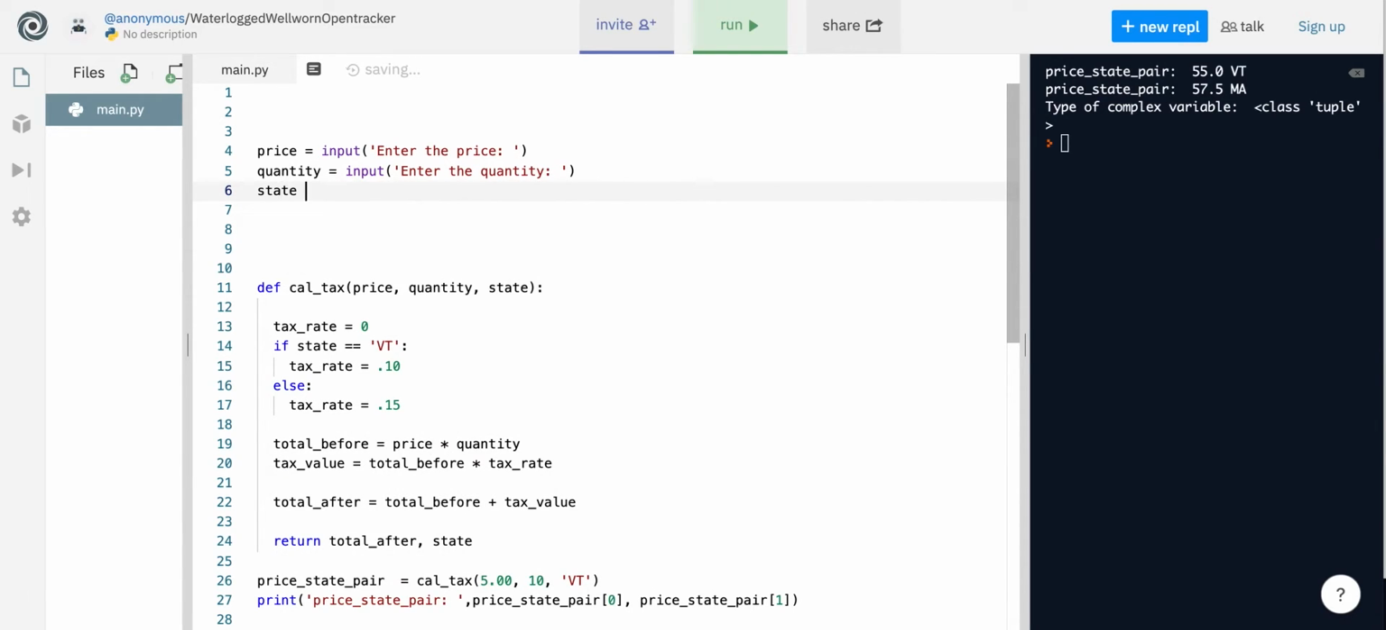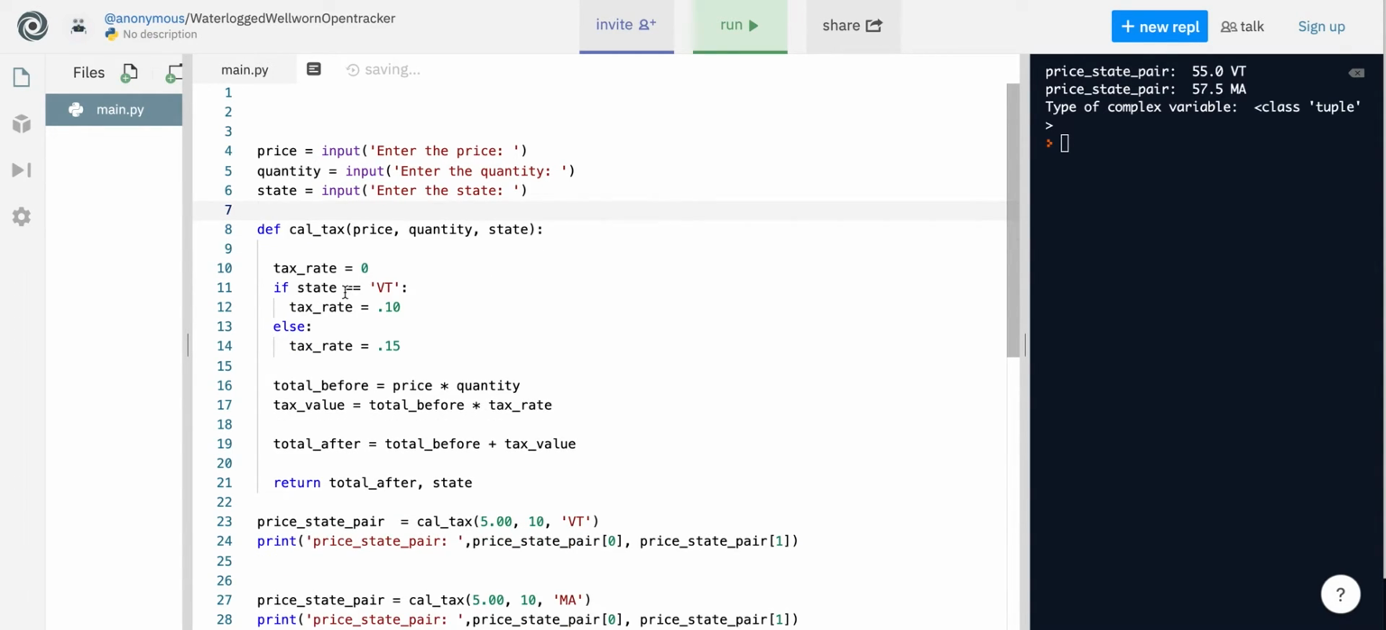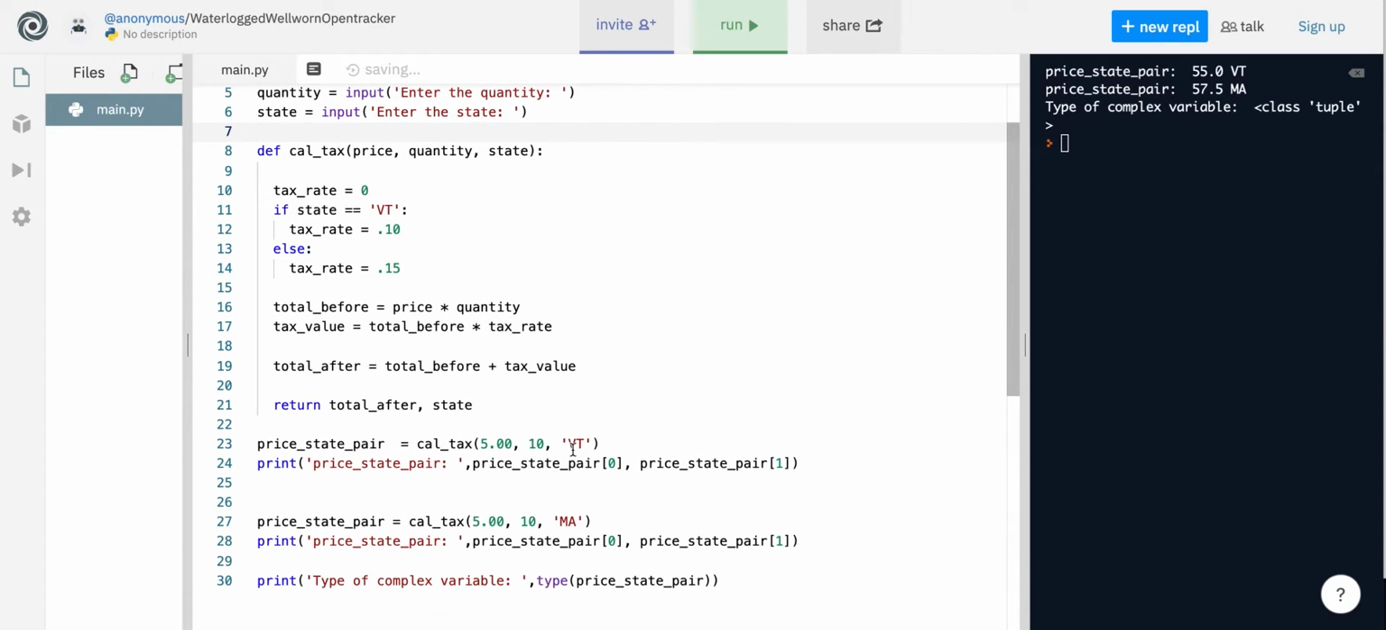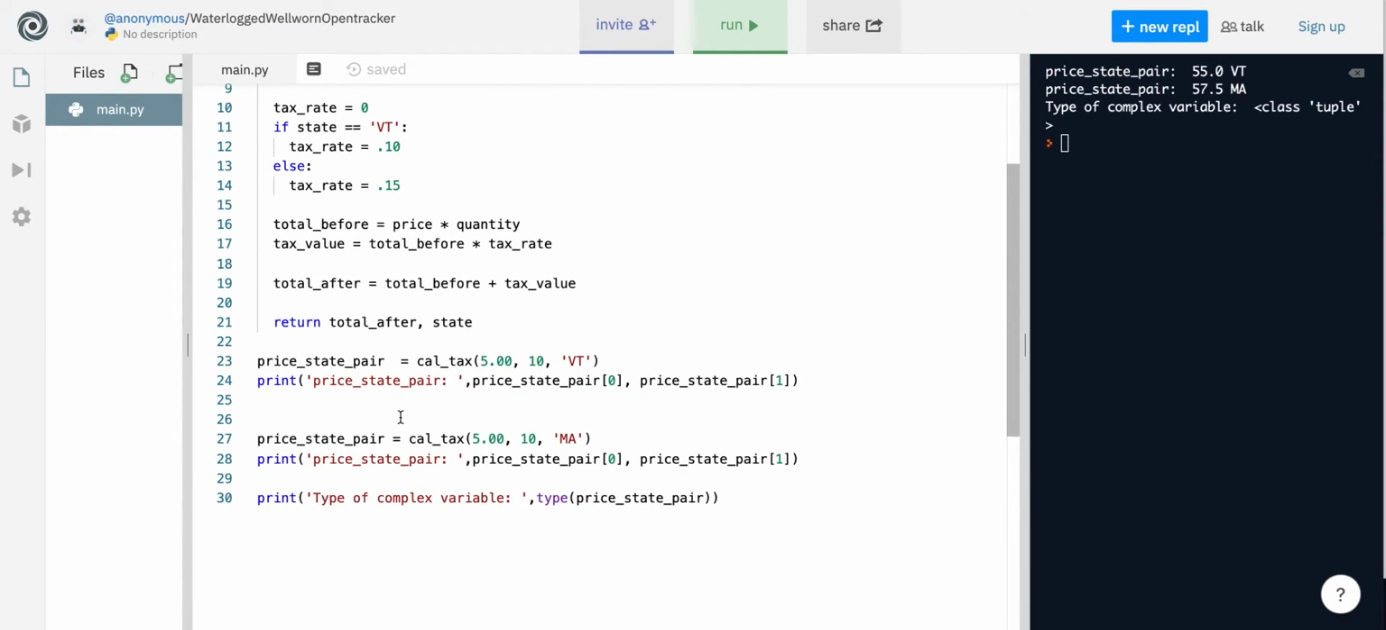So the state here is also going to be something that I am going to receive from the keyboard, like that. So if I do this in the same way, I haven't done anything different at all. And let me prove to you. Okay, let me prove to you that we are going to uncomment these guys,